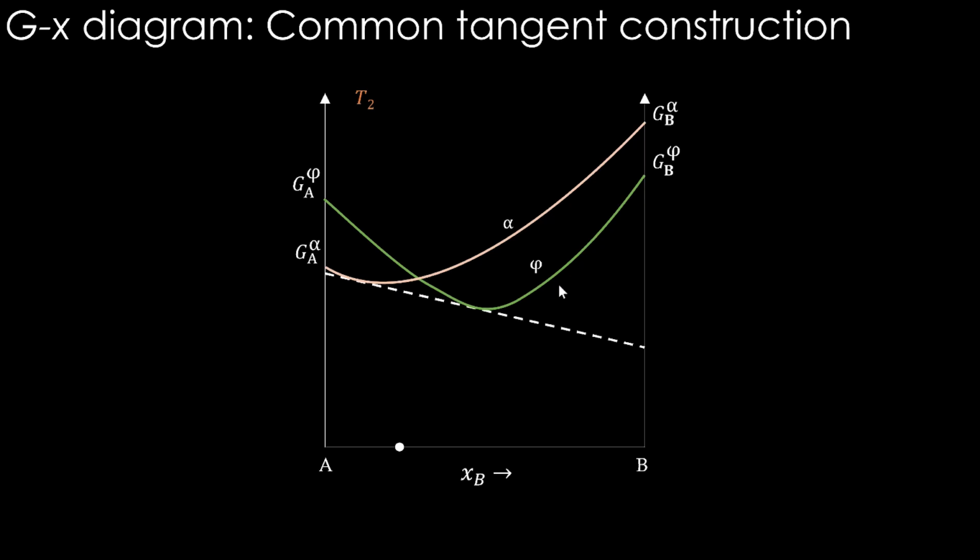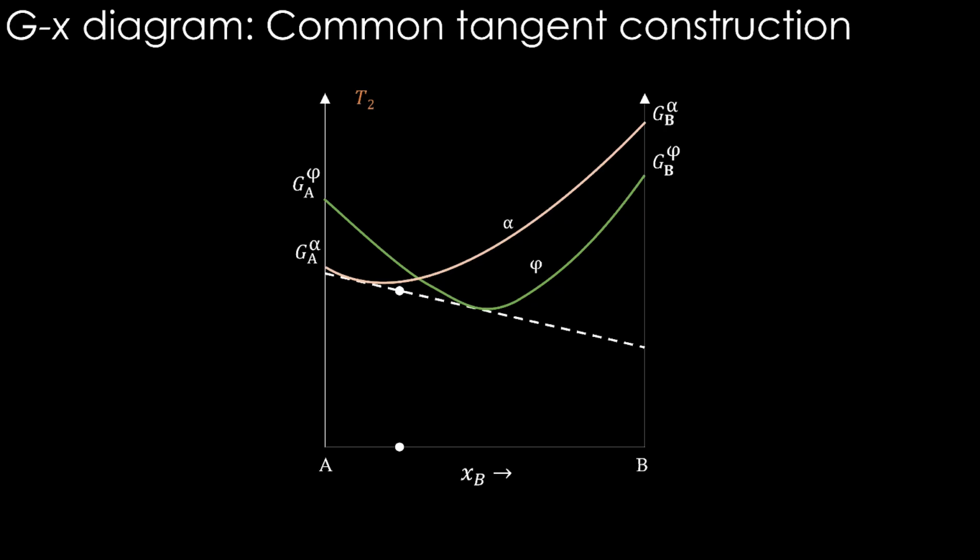Now, ultimately what will happen is, if you draw a tangent like this to these curves, actually it is a tangent common to both the curves. This is the common tangent construction. I am putting it here, common tangent construction. That is going to give the equilibrium phases at this composition. I say the equilibrium phases because more than one phase is going to stay in equilibrium. So let us mark the Gibbs energy of the composition here, not the Gibbs energy of the phase. The Gibbs energy of the overall composition here. So this is the composition, this is the Gibbs energy of the entire system now.